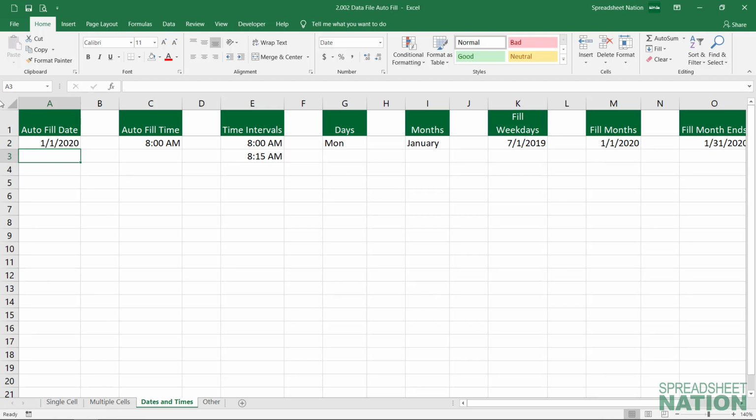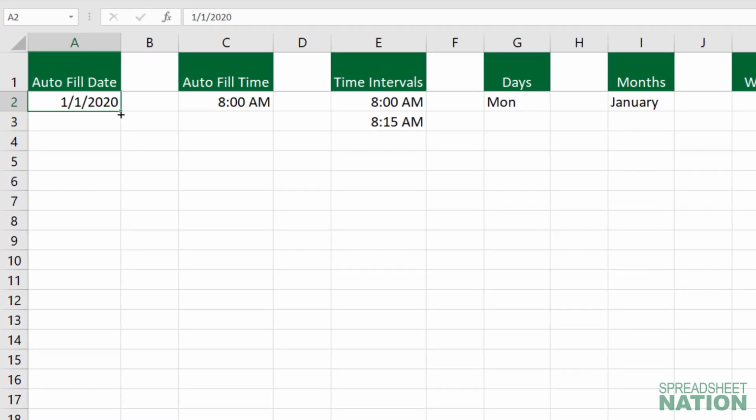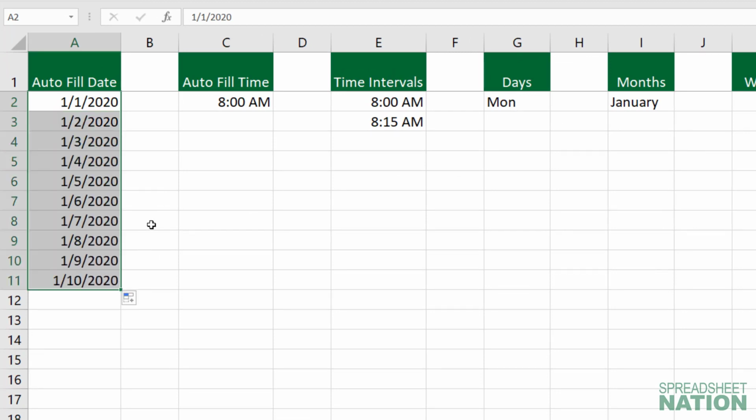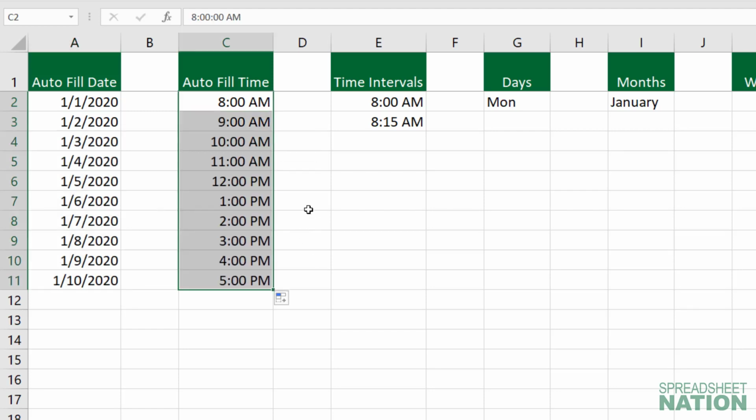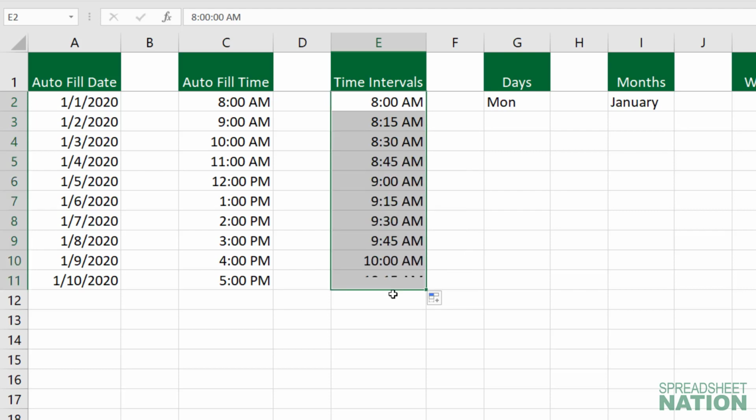Excel has some other handy features when you have a date or a time. If you have a cell with a date and you pull that information down, Excel automatically assumes that you're going to want to increase by 1 day in each row. Same thing with time. It's going to add an hour to each instance. And if you wanted to do something less than an hour, you could simply highlight 2 cells and drag it down, and Excel will add 15 minutes in this case.